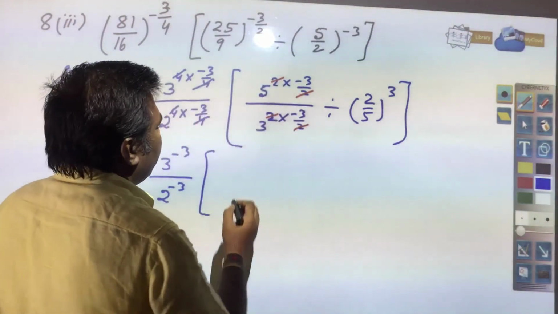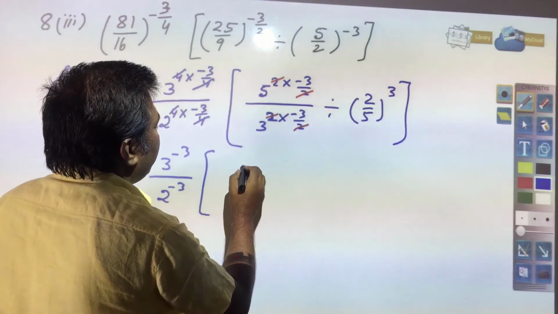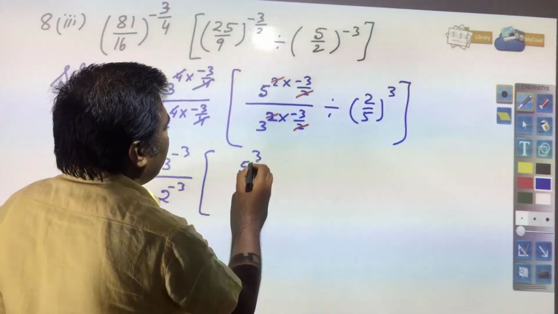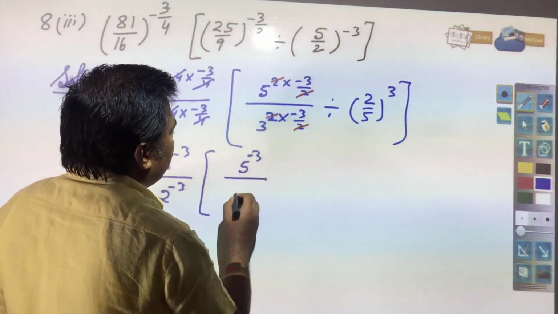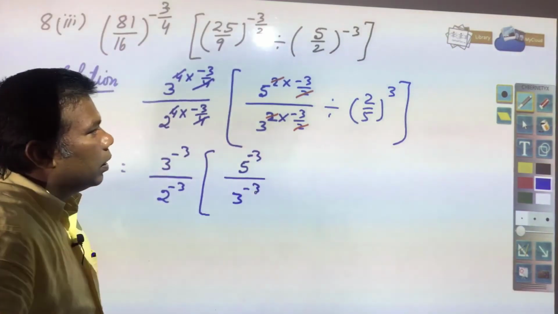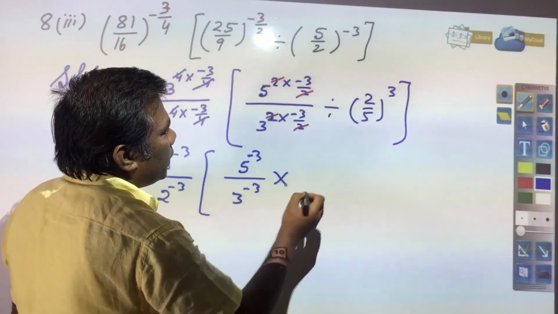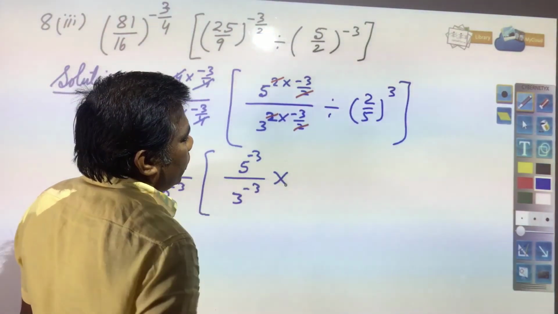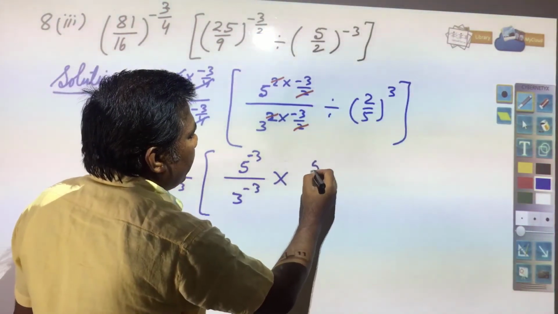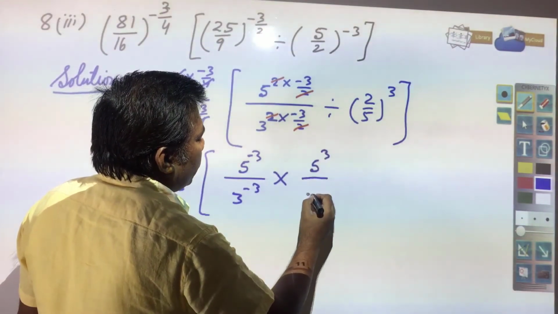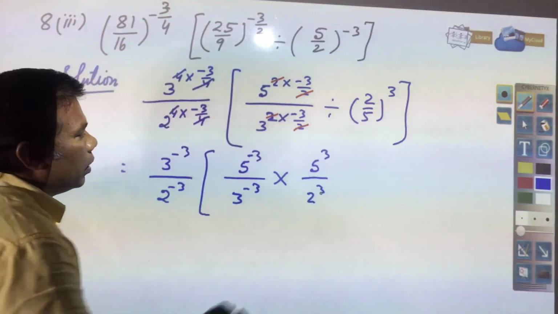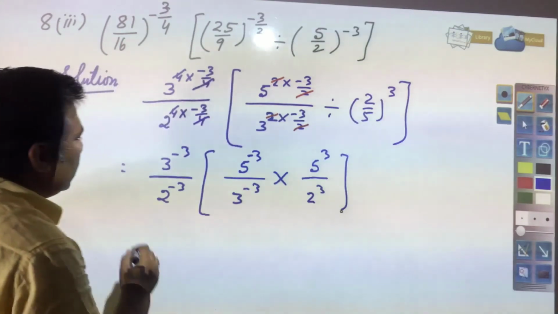So, you will be left with 5 to the power 3 and 3 to the power minus 3 divided by 2 to the power minus 3. It means if you are multiplying this again, inverse of this you will get. So, this you will get 5 to the power 3 divided by 2 to the power 3, and then you will get